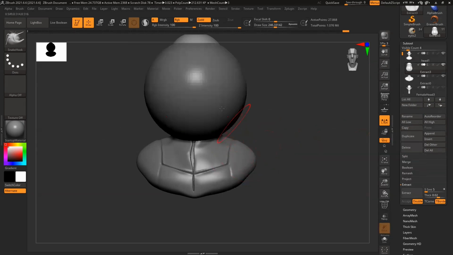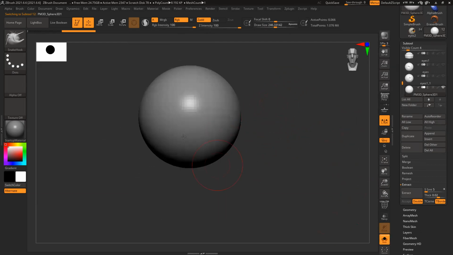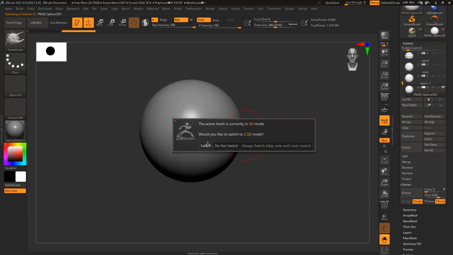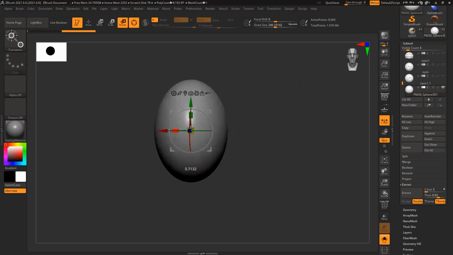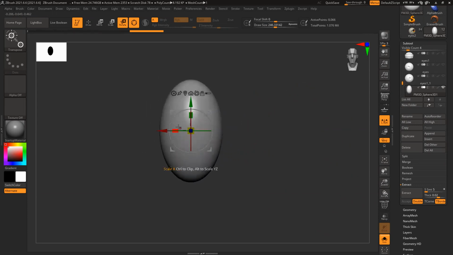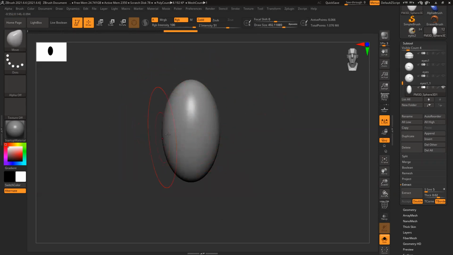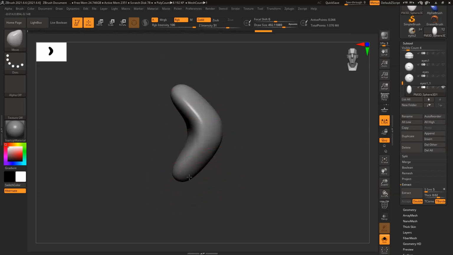Append a sphere. It's an oval kind of shape. Only one side will create.